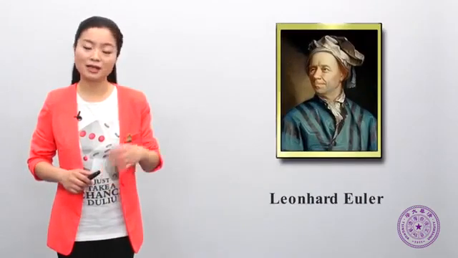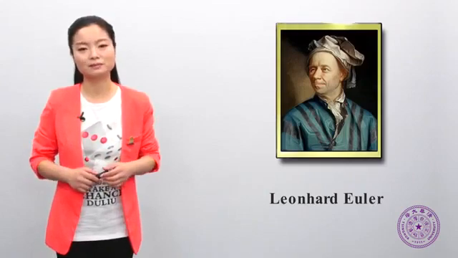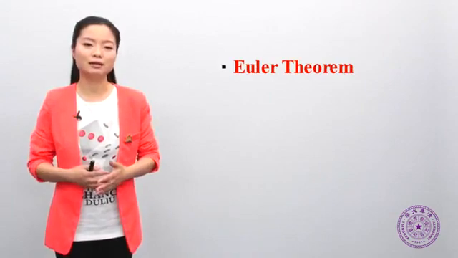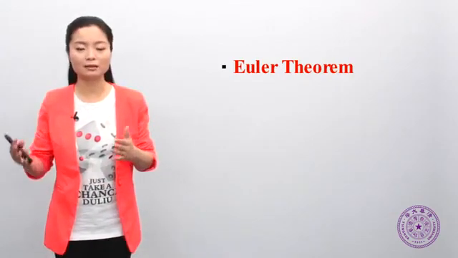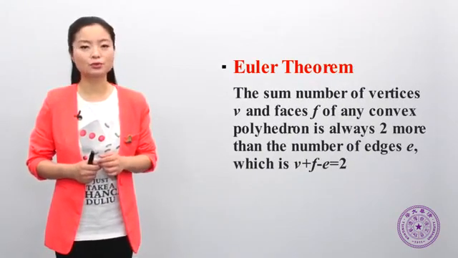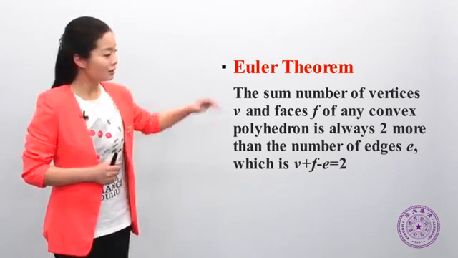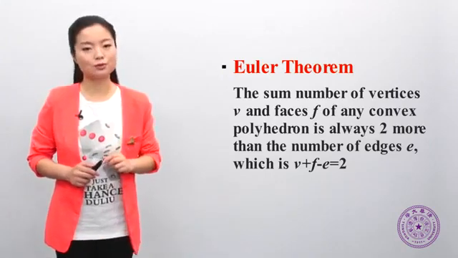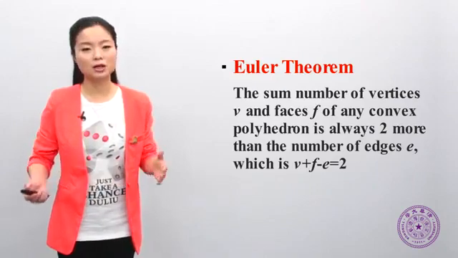Actually, Euler had already studied convex polyhedra. Besides, we also know that Euler's theorem may help us to memorize the edge, face, and vertex relationship. Euler's theorem describes that for any convex polyhedron, the number of its vertices added to the number of faces, minus the number of edges, will be equal to 2. Therefore, knowing how many edges and how many faces, the number of vertices can be